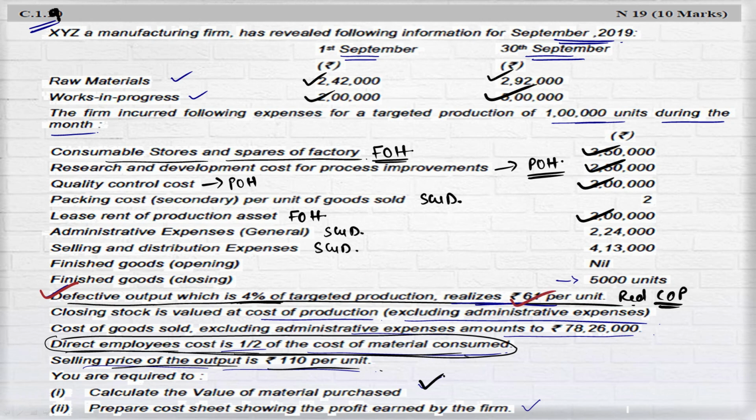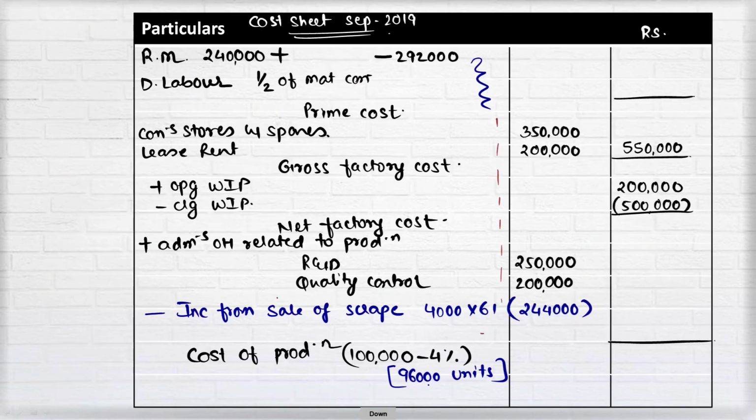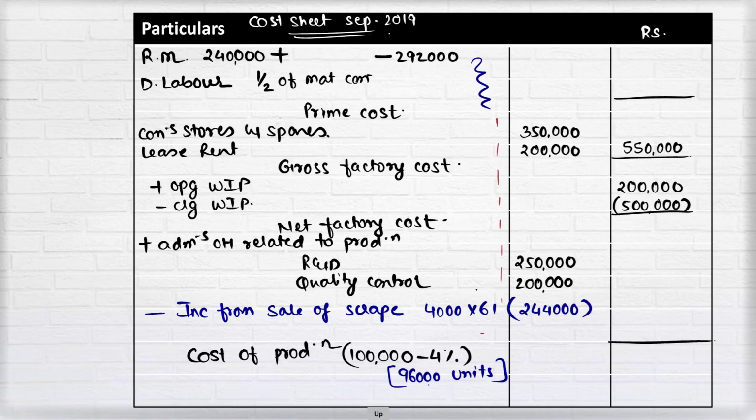Opening stock of finished goods is 0. I am changing the page. Cost of production, 96,000 units, I will be carrying it forward from this page,